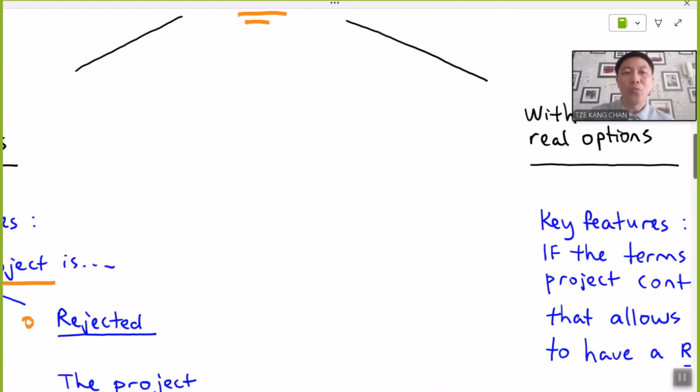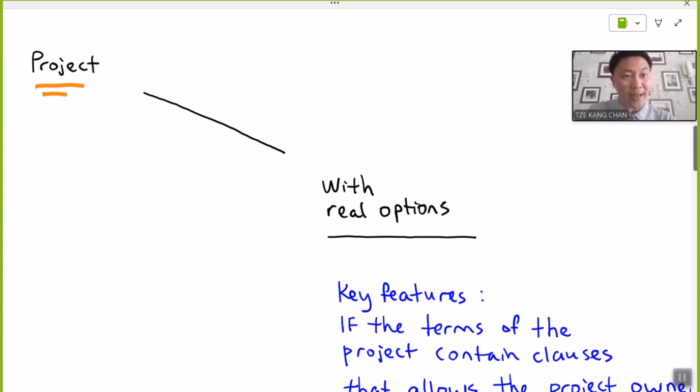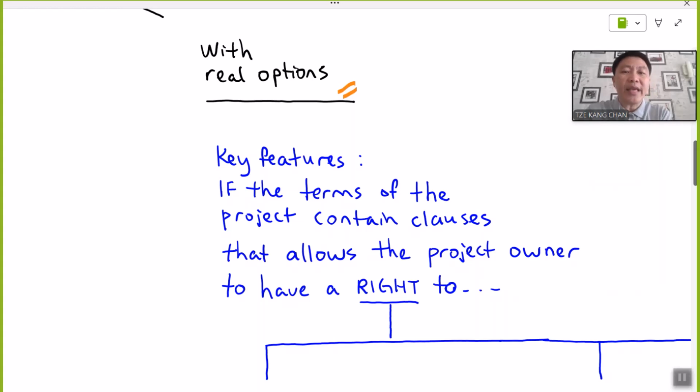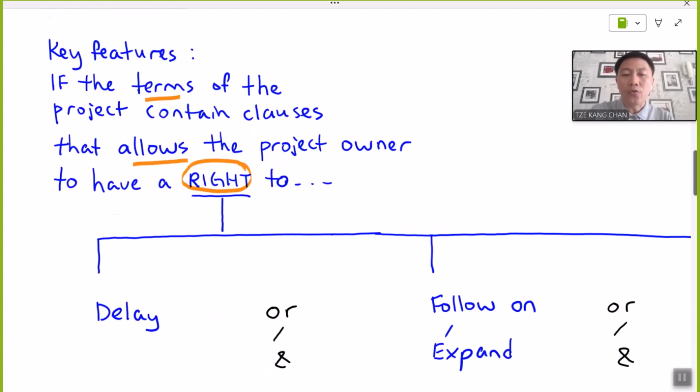Whereas in practice, projects, in particular mega-sized projects or projects of large scale, commonly include certain terms allowing the company to have some flexibility to make changes. So what exactly does that mean? Let's take a look at this. If there are certain terms or clauses in the project that allow the project owner, namely the company, to have a right, remember, that is not an obligation, it is just a right awarded to the company to either